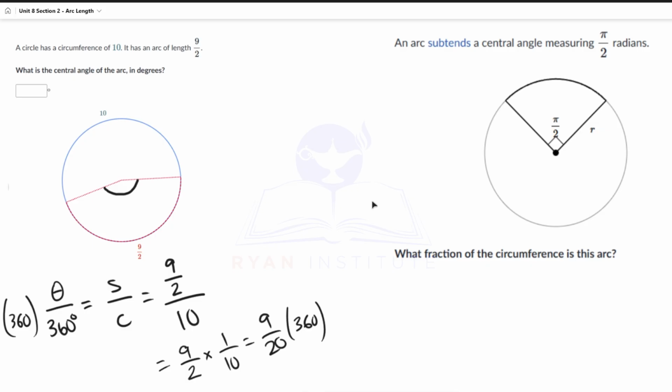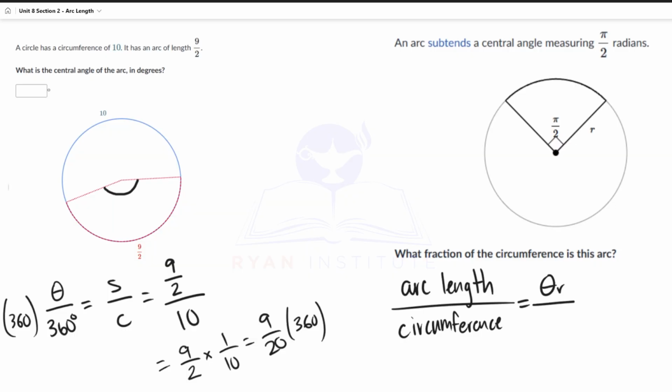So the ratio here is going to be arc length over circumference, which is equal to theta times r over 2 pi r. We can cancel out the radius here, and we are left with pi over 2 divided by 2 pi, which is the same as saying, we bring this down,